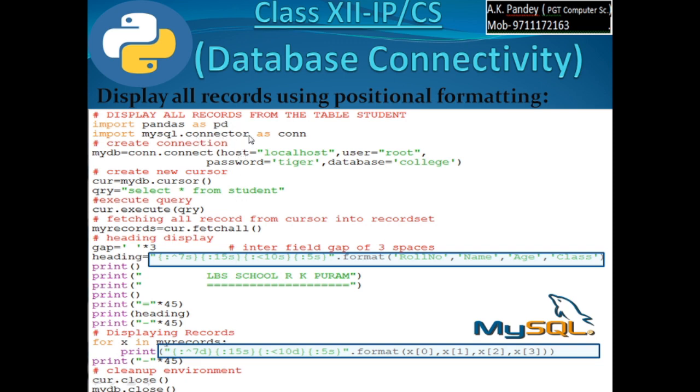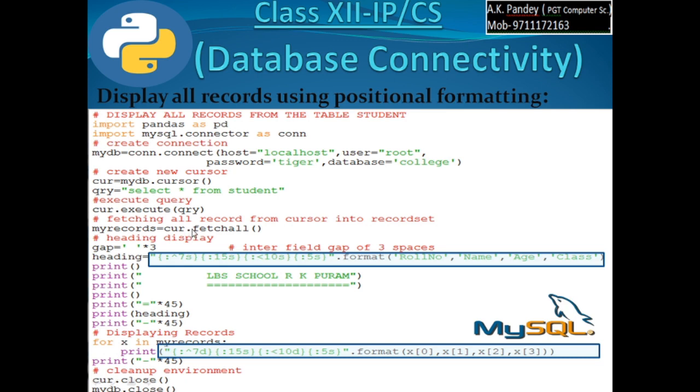Import mysql.connector as con, then the connection is opened, con.connect method, usual parameters host, user, password and database. Then cursor is created, query is created, select star from student, cur.execute, query is executed, fetching all records from the cursor into the record set, my records.